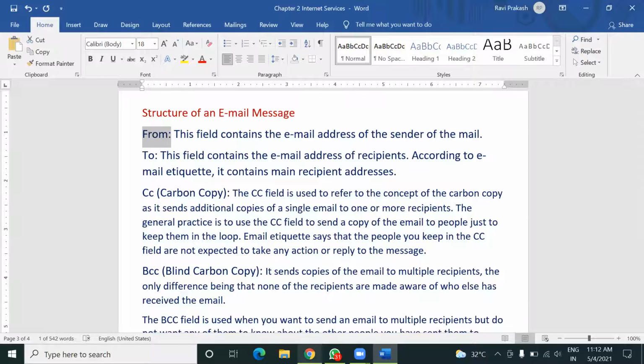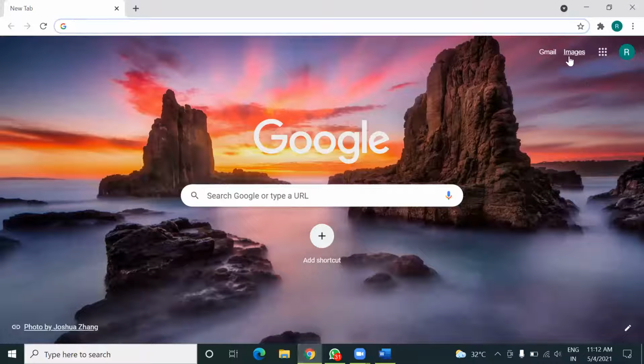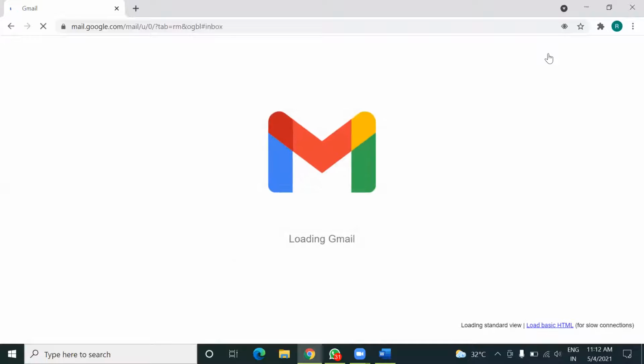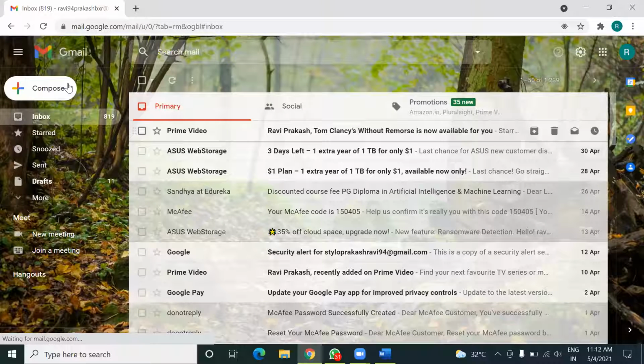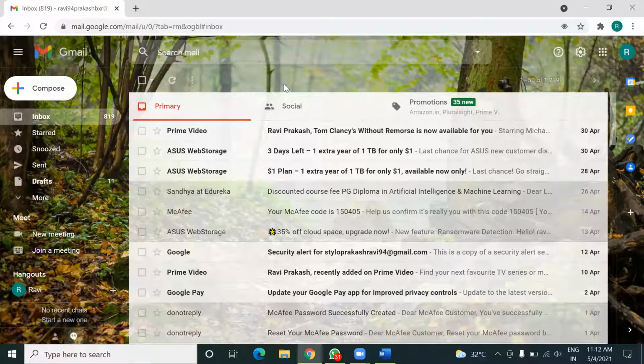I'm going to show this. So just look. If you open your Gmail account on a web browser in computer or desktop format, you will get a window like this.